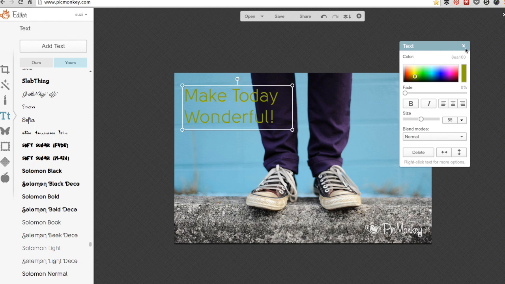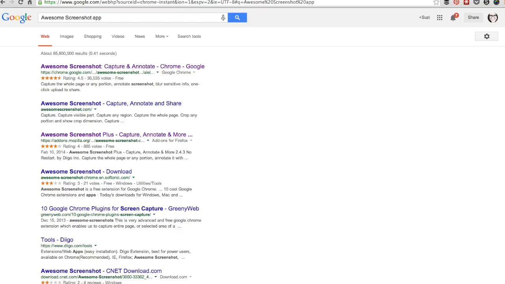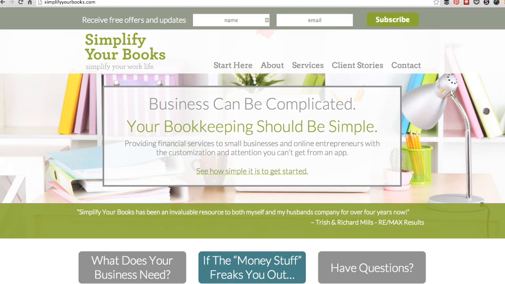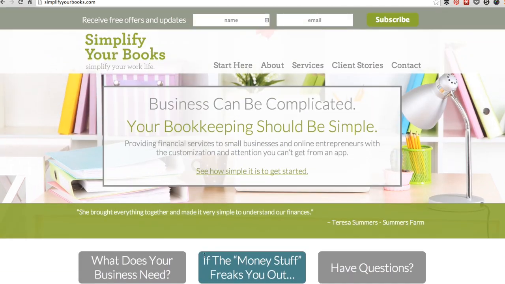The final thing I want to show you, this may be something that you need in your business, it may not, and it may be something you use on your actual website, or it might just be something you save for later. But if you've ever been to a website and you want to save the entire thing, for example, if we were to go to simplifyyourbooks.com. Perfect. This is a site of a client of mine who's amazing. Now, I want to show this website in my portfolio or on Pinterest or something like that. But I can't take a screenshot of the whole site at once